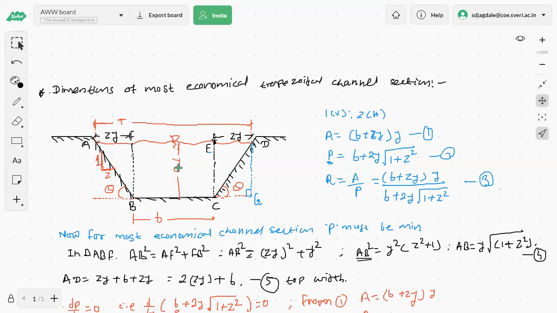That is, taking y as the depth, if you draw a semicircle from the center of the top width, then the radius of that semicircle is y, and the semicircle touches all the sides. That is another condition, meaning we will have a look like this. Just a minute, I will draw that so that you will get an idea of what I want to say.